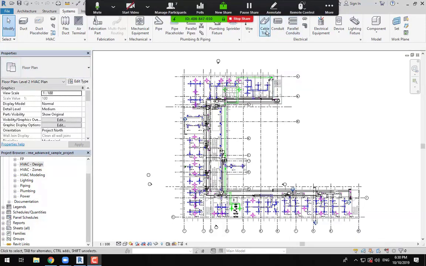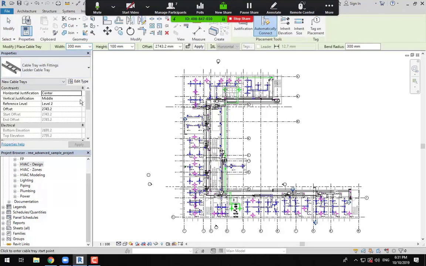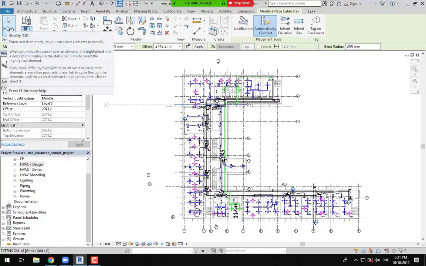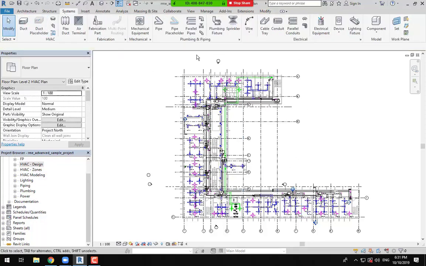So when we select from here, for example, cable tray, this window will give me properties for cable tray. It will give me the size for cable tray. Offset, we will talk about this later. What is the meaning of offset? I'm talking now about this window. It gives us information and details about the selected task that I am opening right now. If I skip from here and didn't select anything, it will give us